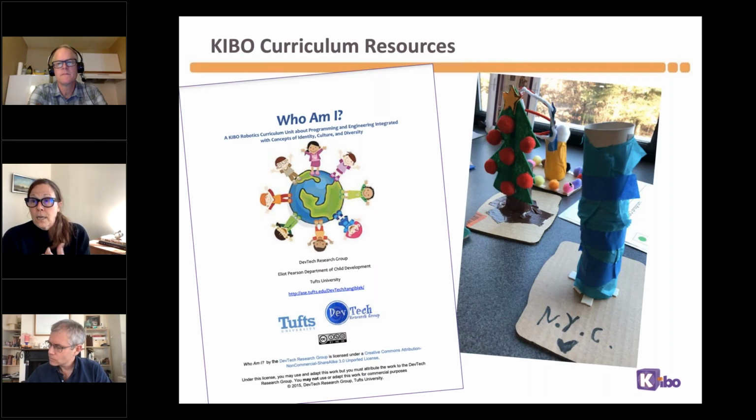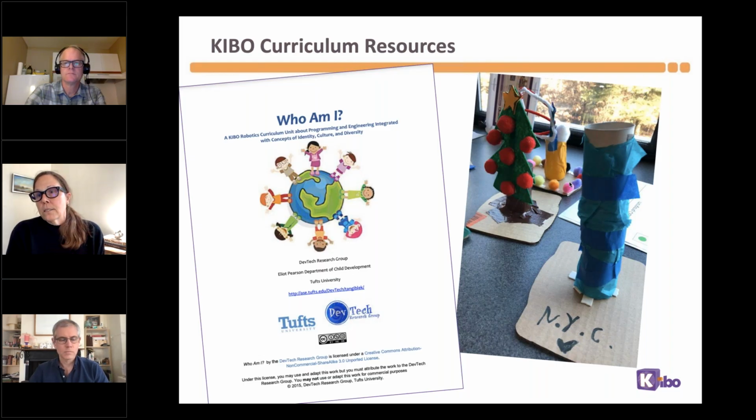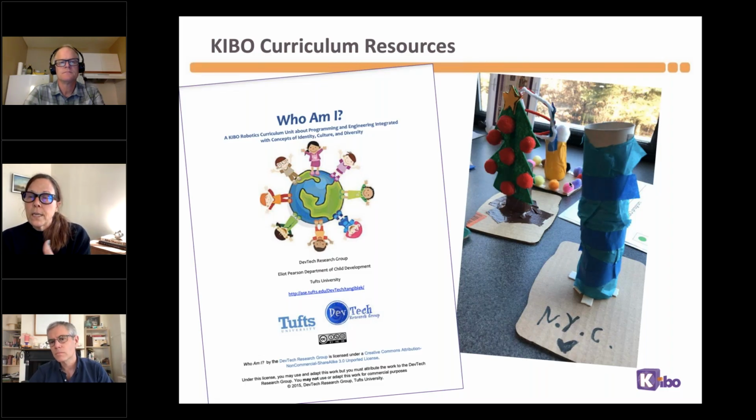I use this as a technologist, or when I'm doing outreach to classrooms, I will sometimes find a unit that I think a particular teacher will be interested in. So I gave this particular unit, Who Am I, to a grade 1 teacher, and she found something that caught her eye. So we proceeded to do an activity, and it was an opportunity to teach the repeat block, which